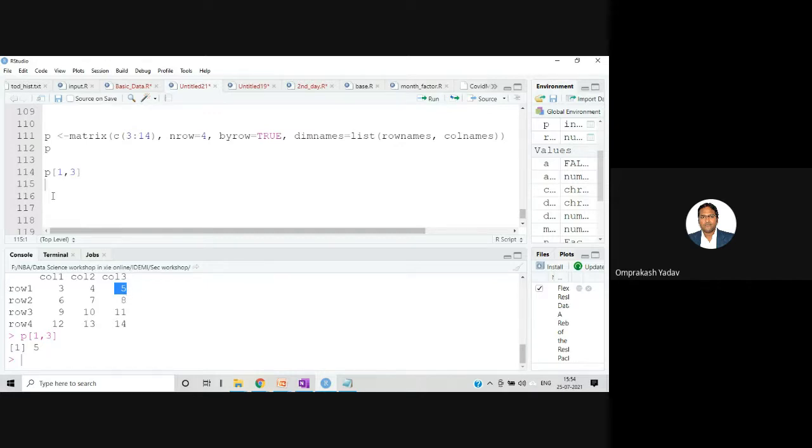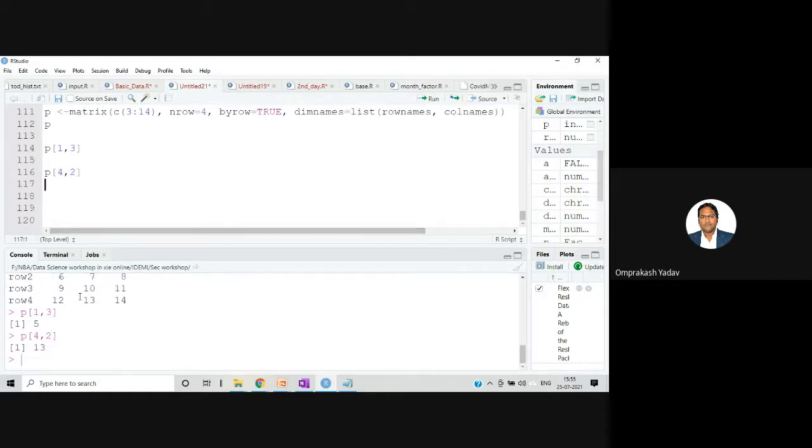Similarly, if I say P of the 4th row and 2nd column, 4th row is this one, 2nd column is this one, so I'm talking about this particular element 13. This is how we can get an element, by specifying its coordinates in square brackets, indexing similar to a vector.